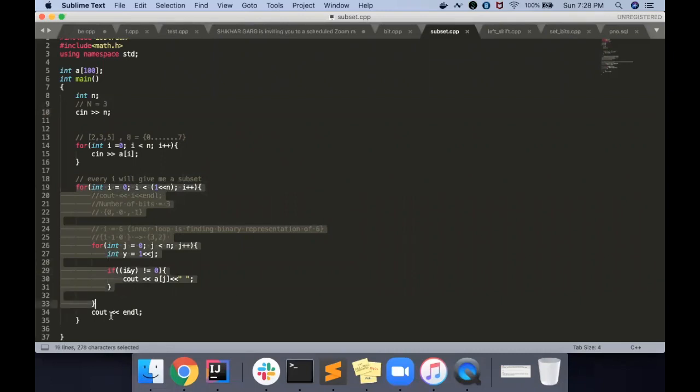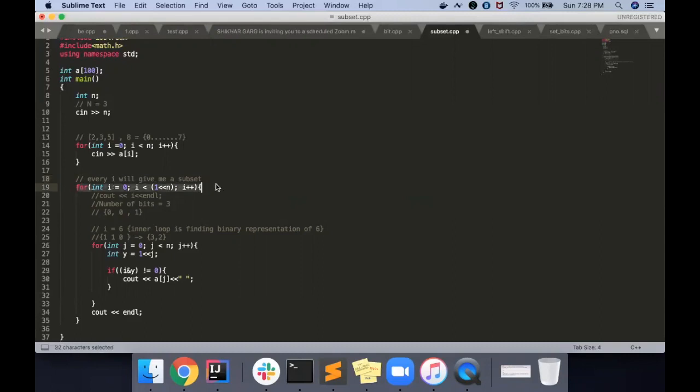Should the complexity not be n square? No, I'll tell you why. Because there are a total of 2 to the power n subsets, right? Yes. And we'll see it by the code also. But logically, if you think, we are printing everything, so definitely we are printing 2 to the power n things. So complexity cannot be n square. But now let's look at the code.